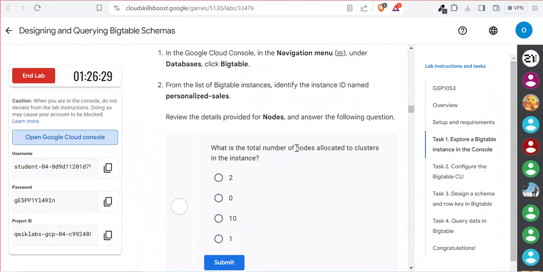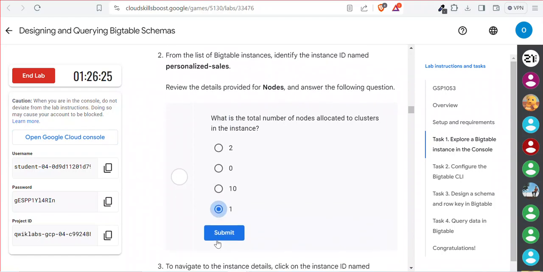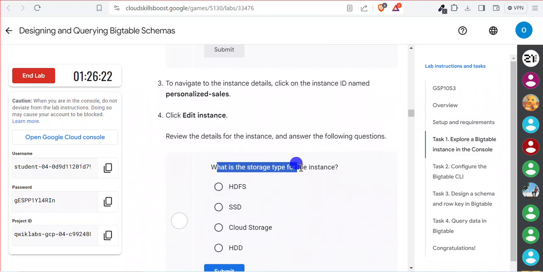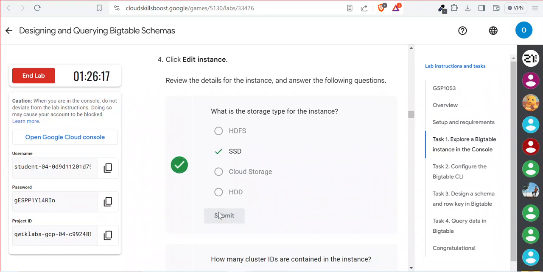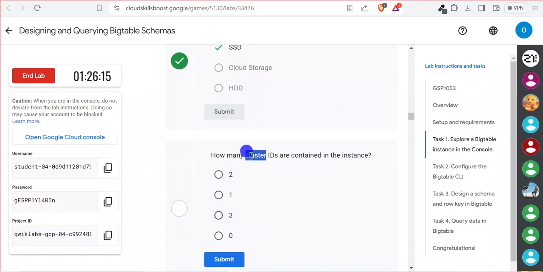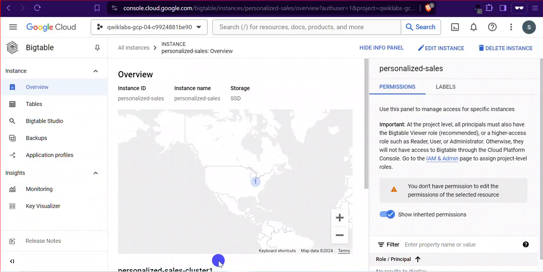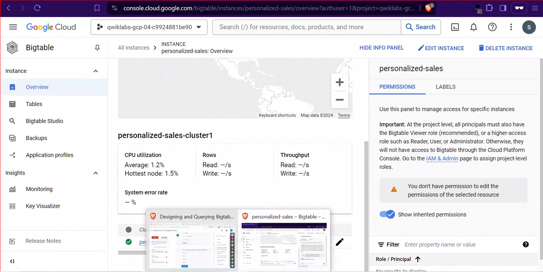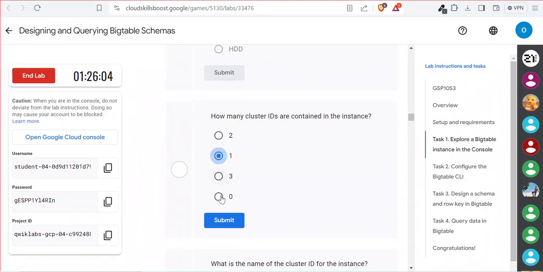What is the total number of nodes allocated to clusters in the instance? 1. Click submit. After that, what is the storage type for the instance? SSD. Submit. How many clusters are contained in the instance? You can see only one cluster here, so one cluster.